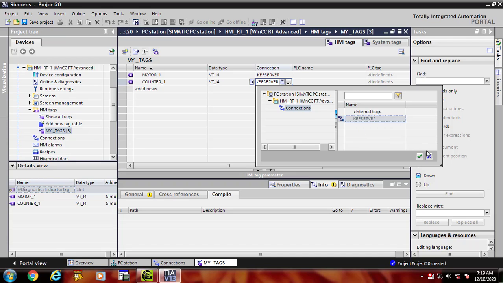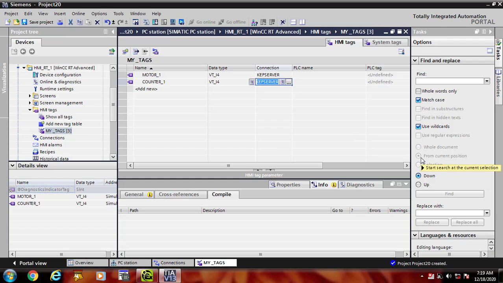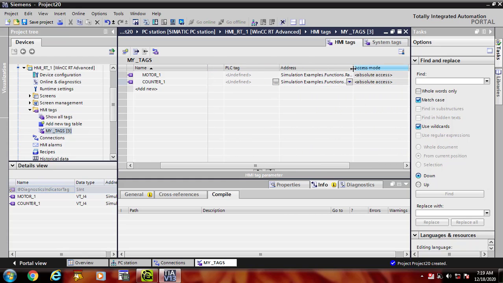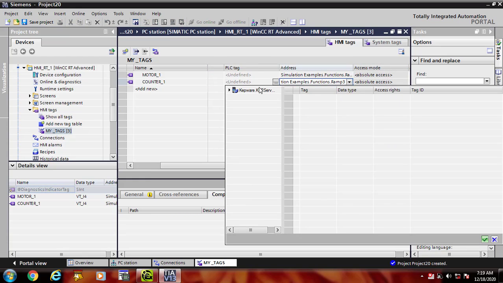This tag has its connection with KP server, so its connection should be with KP server. You need to select its connection with KP server so that its data may be taken on your screen without using PLCs. The same process is used for the PLCs.